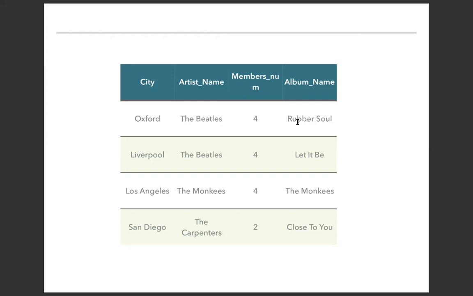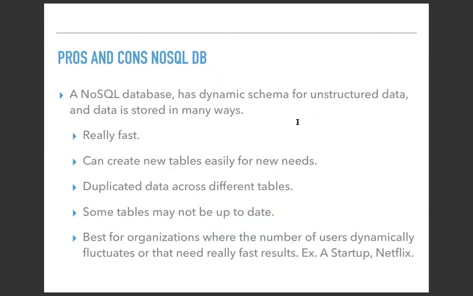I just care that my table gives back the information that I'm going to query. And there are no joins in NoSQL databases. So these are really fast, and you can create new tables really easily. But some cons are that you have duplicated data across different tables, and that some tables may not be up